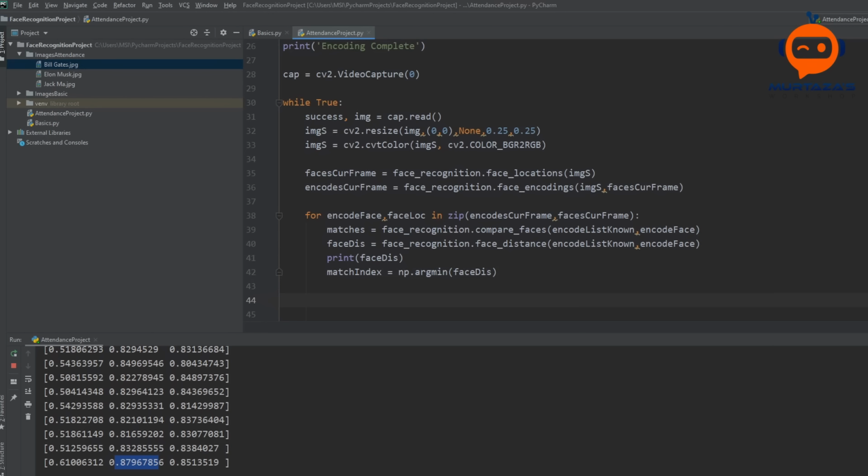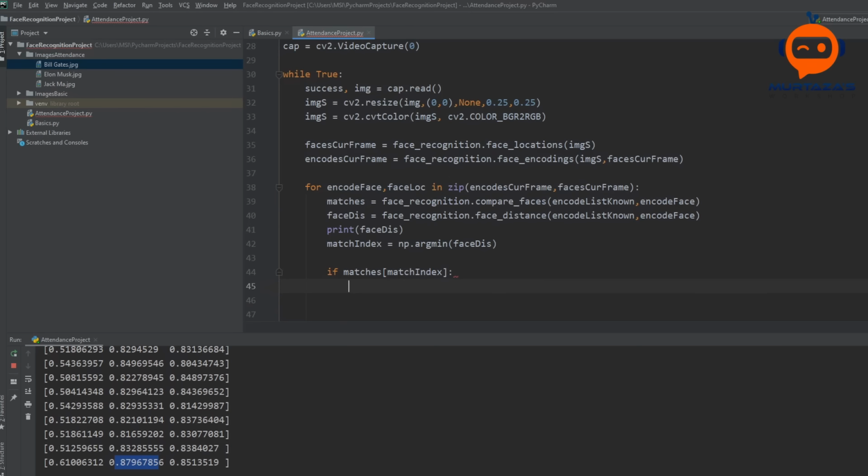What we can do at the end is simply display a bounding box around them and write their name. To do that, we can write if matches at index matchIndex, and then here we can write name is equals to classNames at our matchIndex.